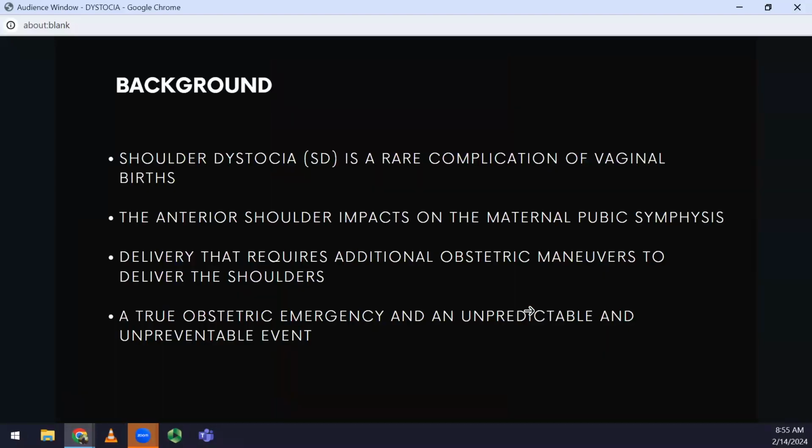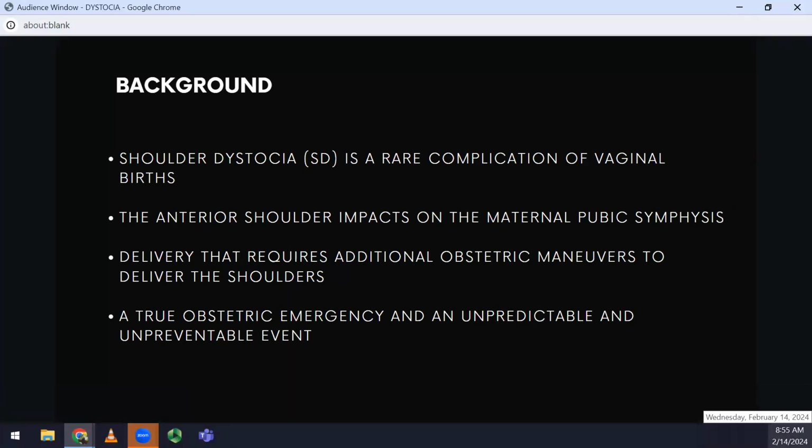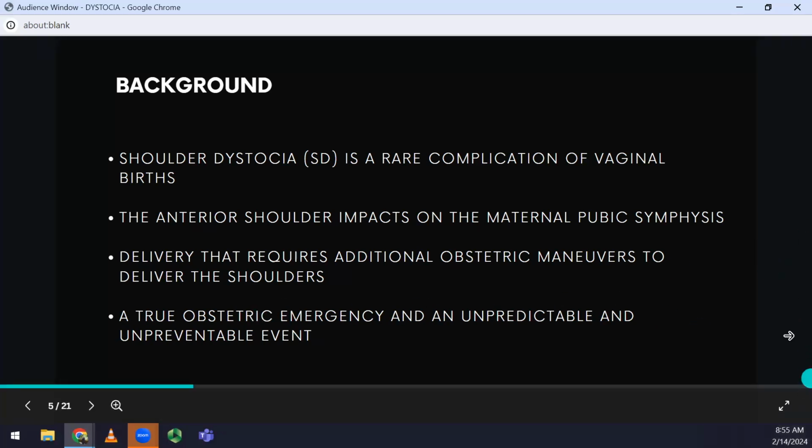And then you can have shoulder dystocia. That is a very rare complication of vaginal delivery, just really scary to actually face. Less than around 1% of births actually have shoulder dystocia. So that is a really small number, thinking about how many births we have in New York City, or in the world also. So that is pretty low. And it's when the anterior shoulder gets impacted on the maternal symphysis. And then really the definition is when you need to do a,